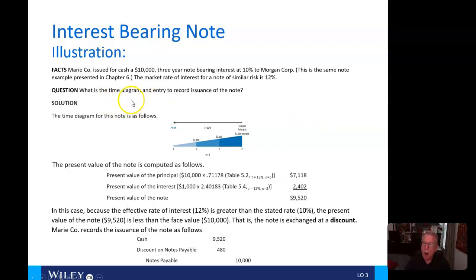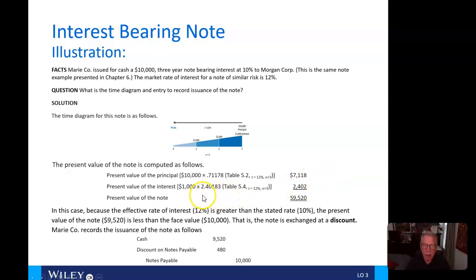So what is the time frame? Here you can see in small print, we're going to be paying $1,000 per year in interest. That's what's written on the note. That'd be 10% of $10,000. But the prevailing rate is 12%. So we go into the present value tables. We take the present value of the principal from table 5.2 based on 12% for 3 periods, and that comes out